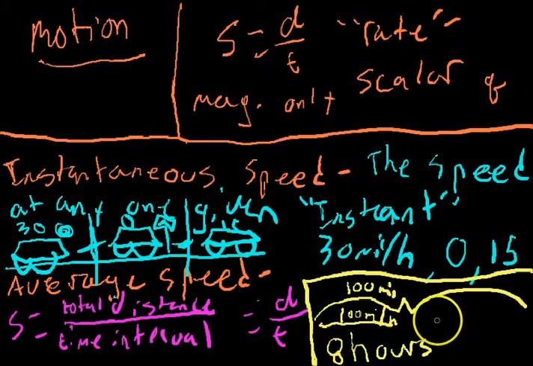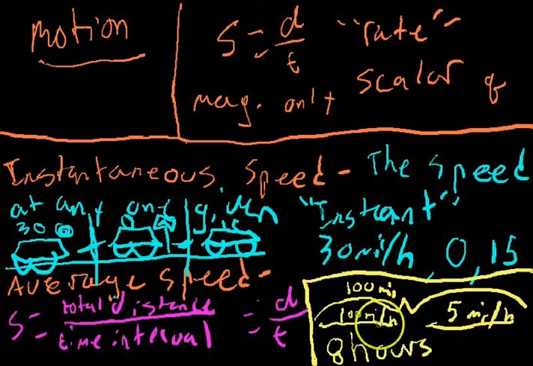But then at another point in time, I could be going 5 miles per hour. Now these are both instantaneous speeds. Those are the speeds that I'm going at any given instant. But how do I get my average speed, the average speed it took us to complete this 100-mile